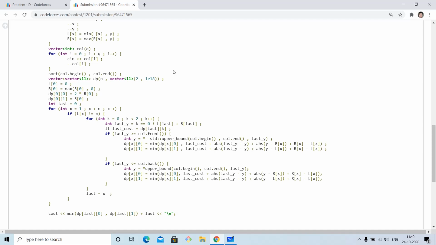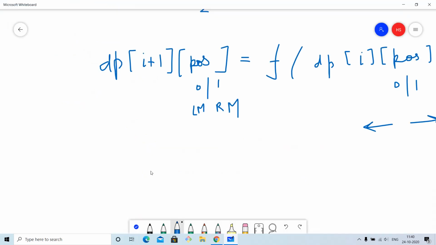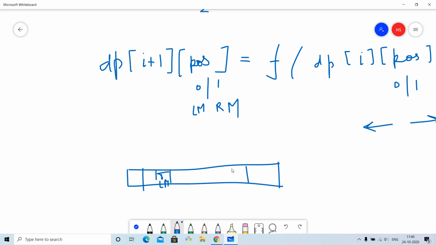So it means that the range is extended even further. Like for example, let us take this is our zeroth row, and this is the position of our leftmost treasure. And let us take this is the position of the rightmost treasure in our zeroth row, like the bottom row, I mean. So the range will be extended even further. I'm not drawing that further.